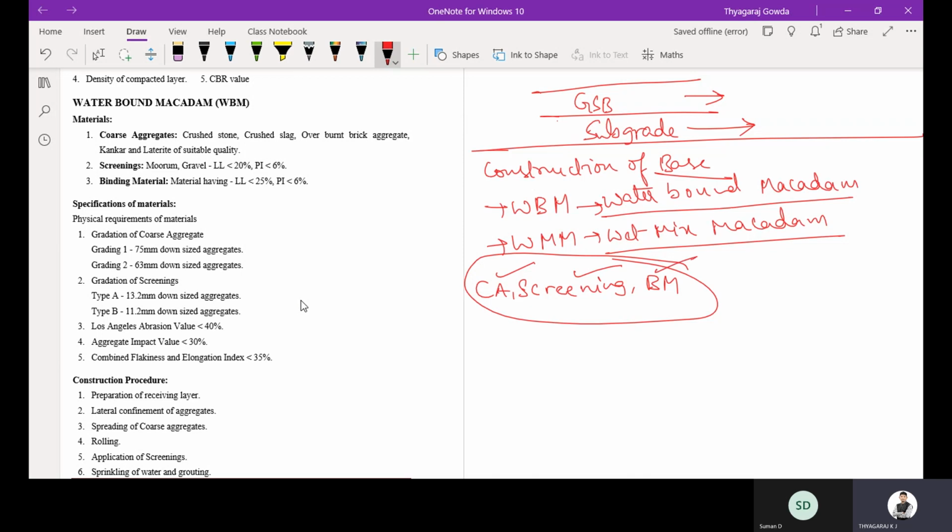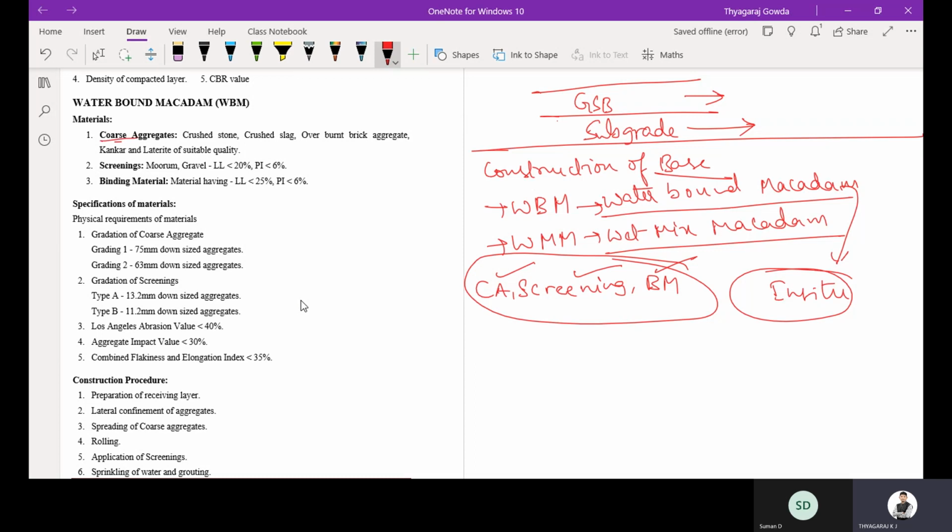One is coarse aggregates, then screening, and binding material. So what are the coarse aggregates we'll be using in the construction of waterbound macadam? Remember, this waterbound macadam is an in situ method of construction. In the site only, you are going to prepare the layer and construct it.